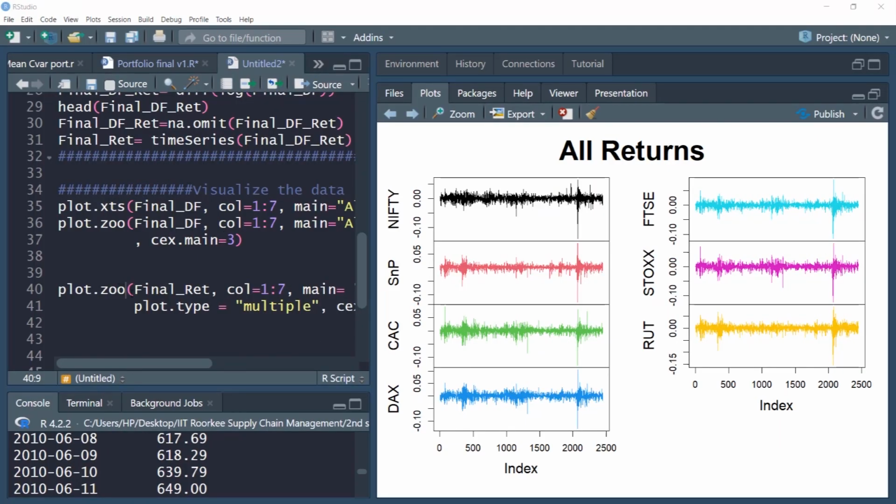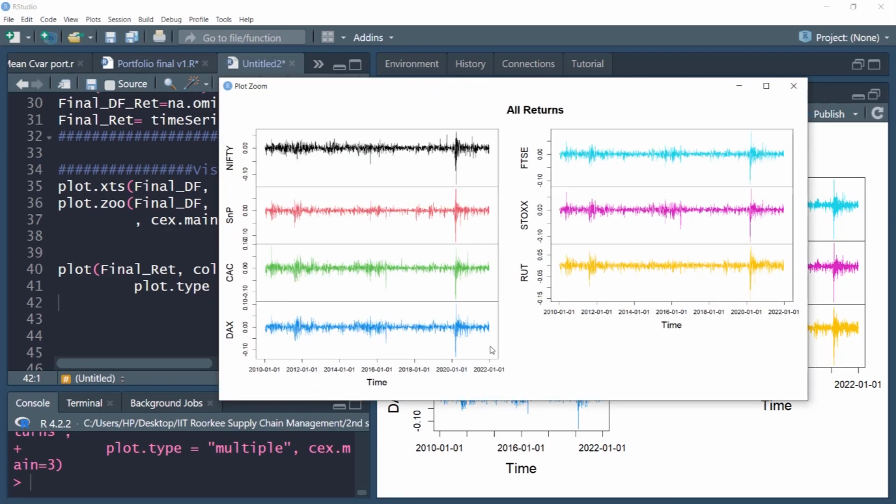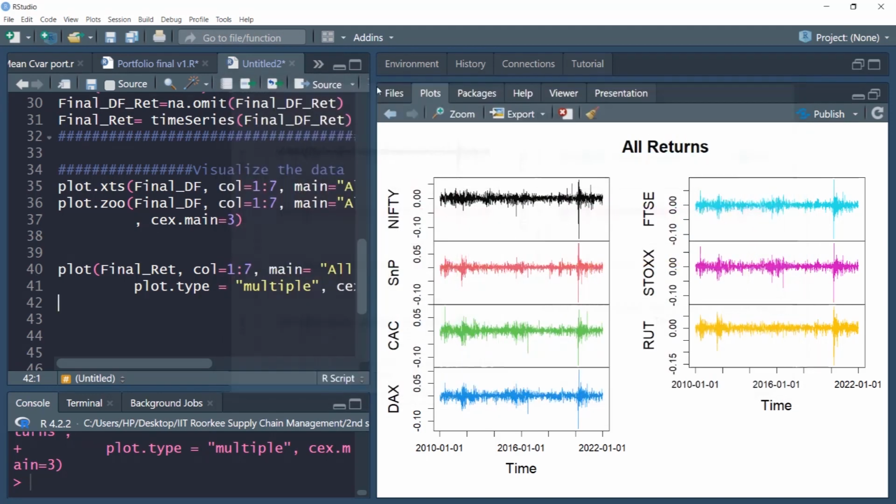Also, a slight modification in the command. If I remove this zoo, notice now the dates are plotted. So now I have all the individual indices and their dates are also available with me. So I can identify these fluctuations, their timings. You can see these timings are somewhere around 2020. There's a sharp increase in volatility, particularly the down, which is also associated with falling negative returns. So we can say this is probably around the COVID period, and it is common to all the indices.